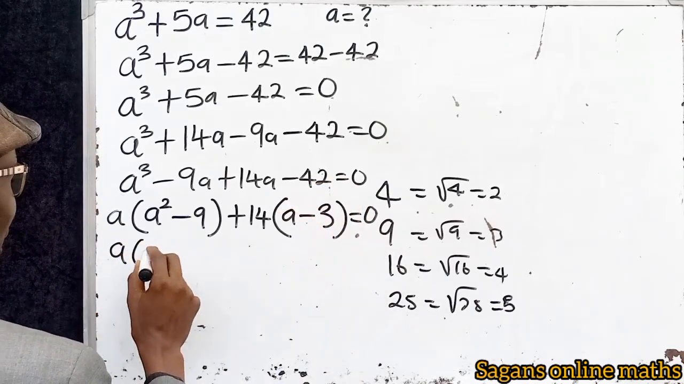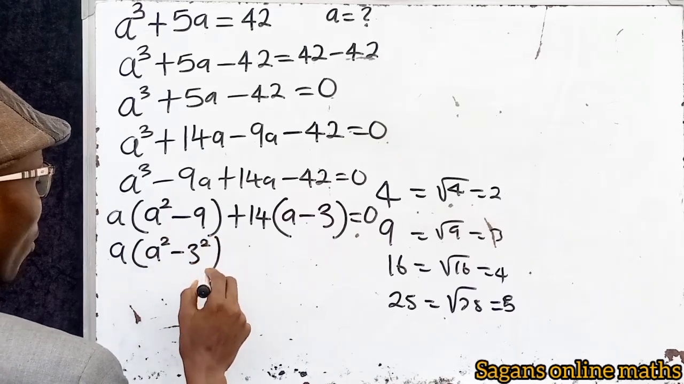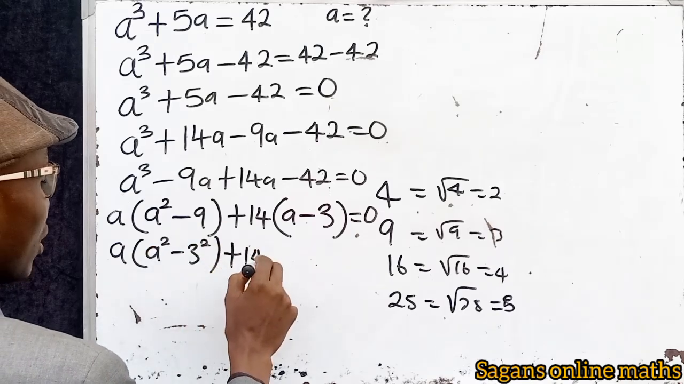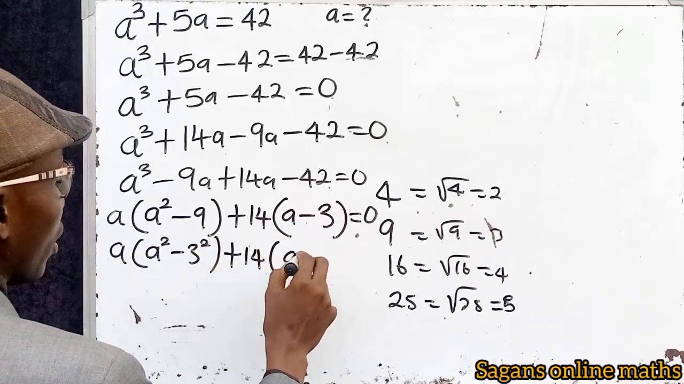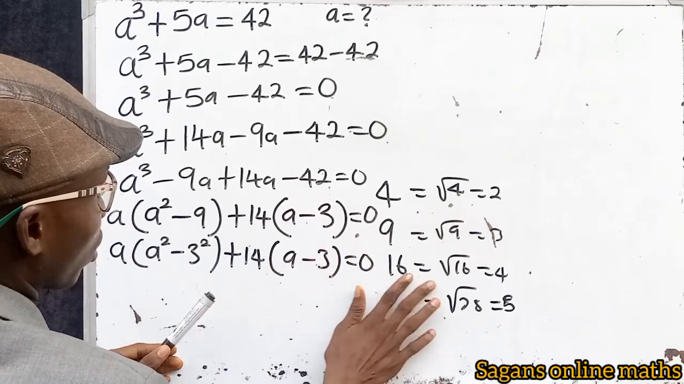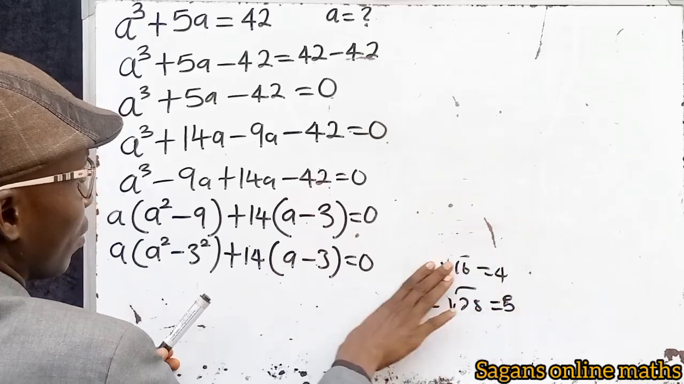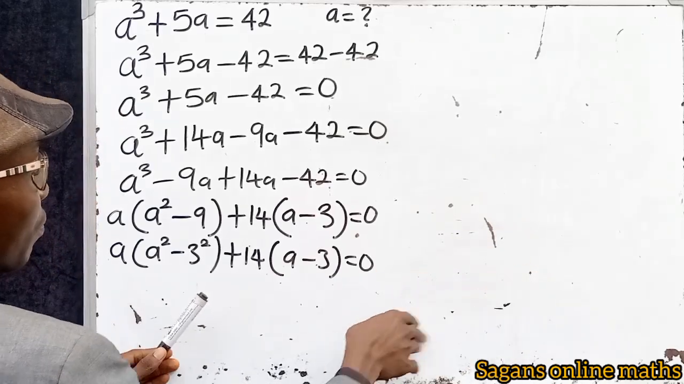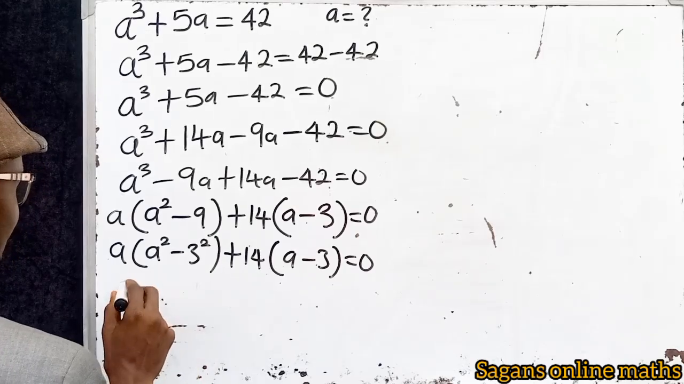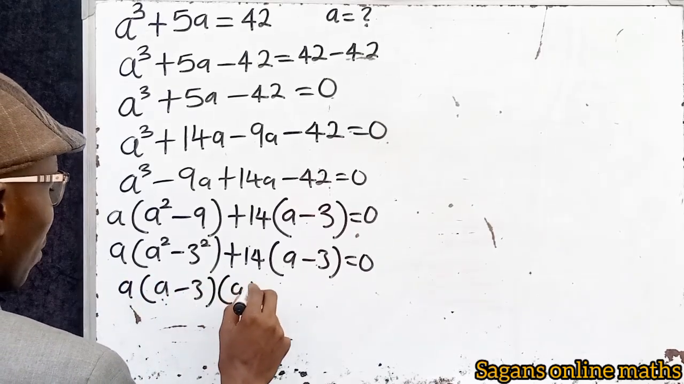Now this becomes a into a to the power of 2. We can write this 9 as minus 3 to the power of 2, because minus 3 to the power of 2 simply means 3 times 3, which is 9. Then plus 14 into a minus 3, all this equals 0. So we can remove this from here quickly and solve for our a. Now from here we know that this is a difference of two squares, so we have a into a minus 3, into a plus